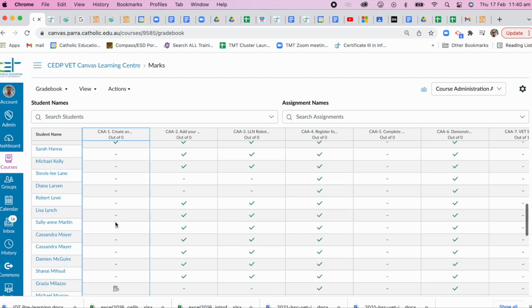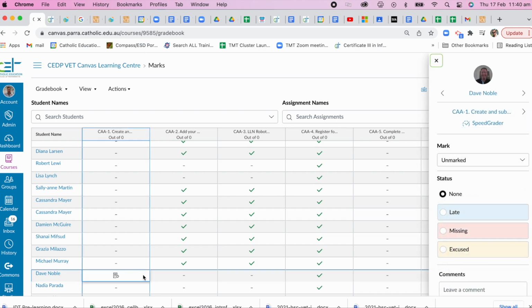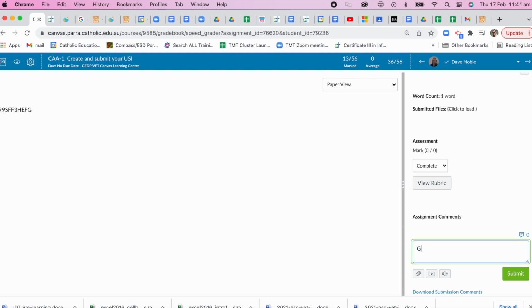If you have a bunch of these icons here, it means that you still need to mark those. So you can click into the actual task by clicking on this part here, or you can click directly on the icon, choose the door. Then if we go over to this part here and click on Speed Grader, we can see Dave's submission. From here, we can mark it as complete, and Dave will get a notification to say that it has now been marked, and I can write Dave a message to say great work